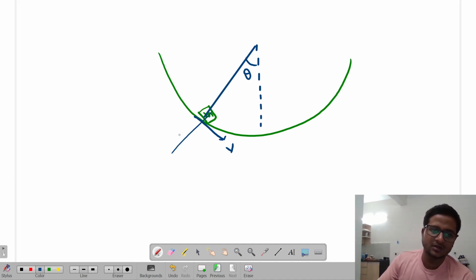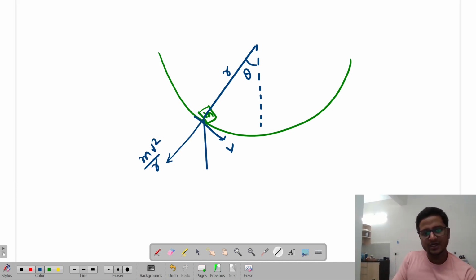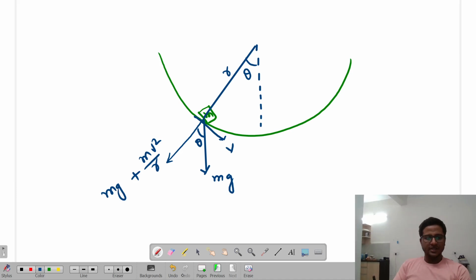So you got, this is my radius r, this is your mv square by r, centrifugal force outside, but the weight component will be vertically downwards, which is going to be equal to how much? mg। अगर ये एंगल थीटा तो ये भी एंगल क्या हो गया? थीटा। तो इसके वजह से इस डायरेक्शन में mg का एक कंपोनेंट आ जाएगा ना, क्या होगा? mg cos थीटा।